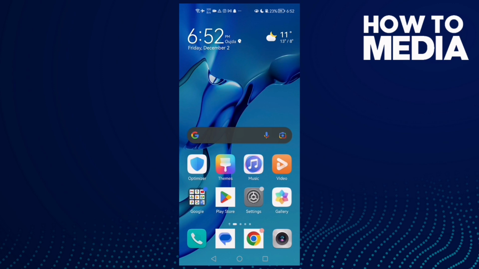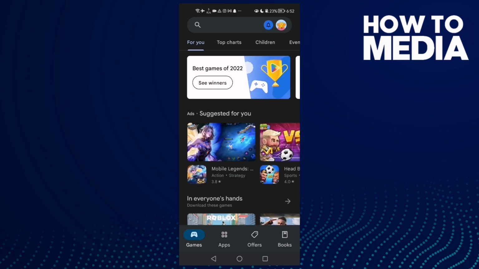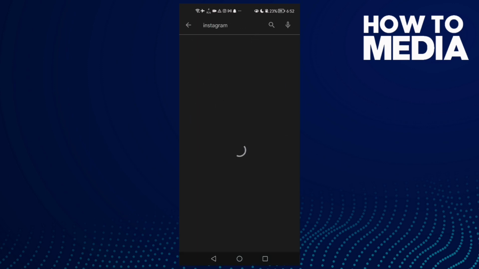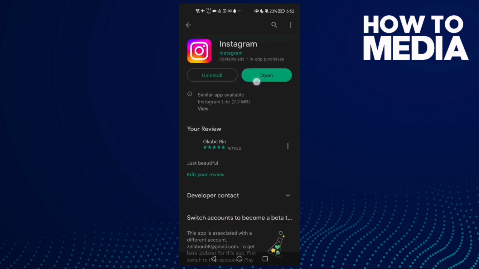First thing you need to do here is to go to Play Store or App Store and then type here Instagram. Now click on it and here just see if there's an update for your Instagram, and after that